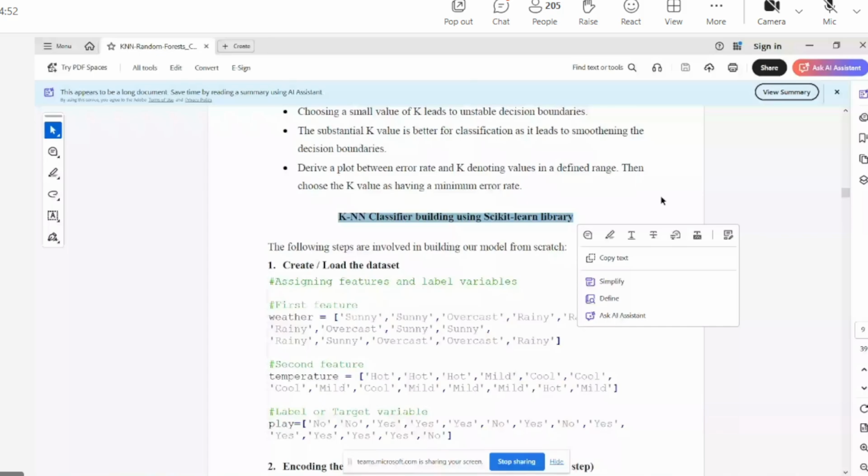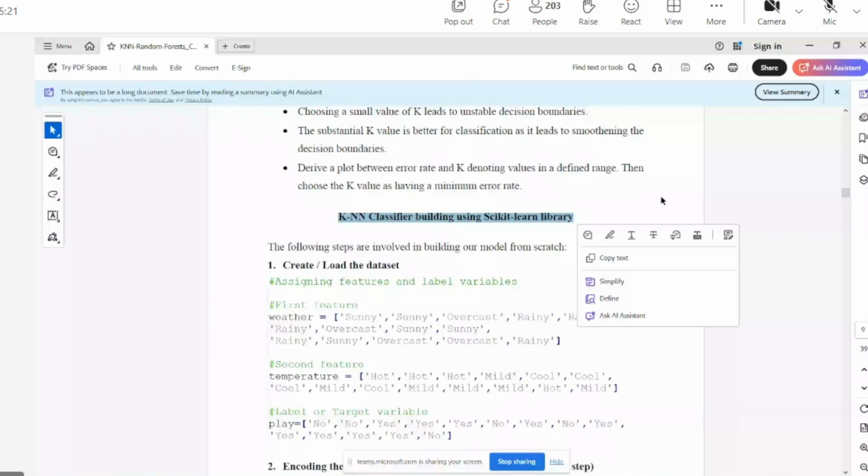What scikit-learn library offers is, it has so many machine learning models developed inside it. So we can make use of scikit-learn library, and we can actually work with several machine learning models.